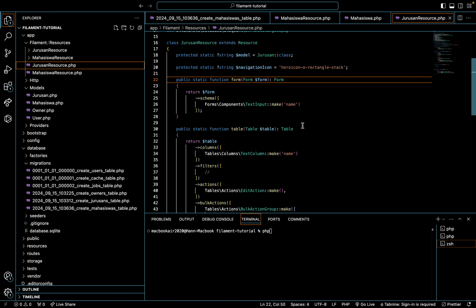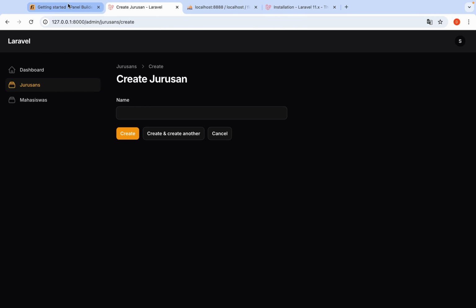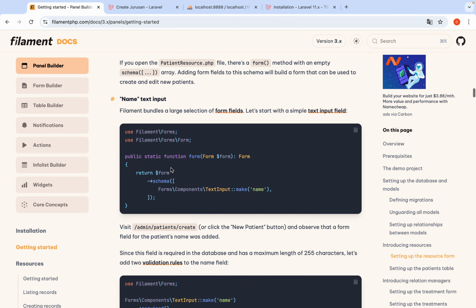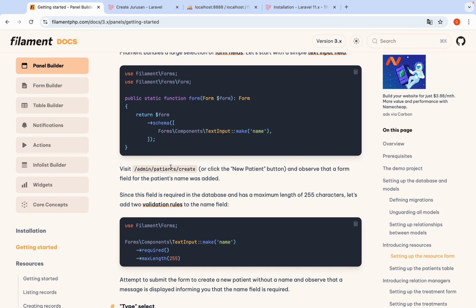Oh, you need to go to the form component form. You must go to the component form like this.